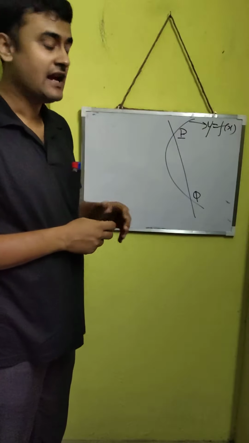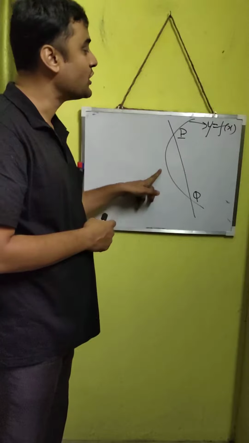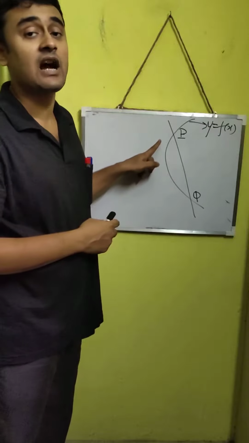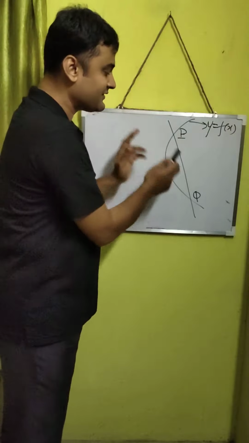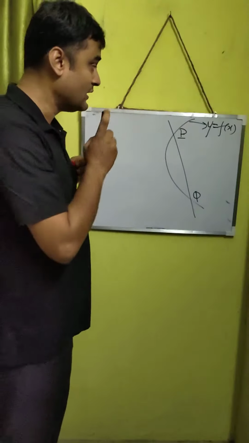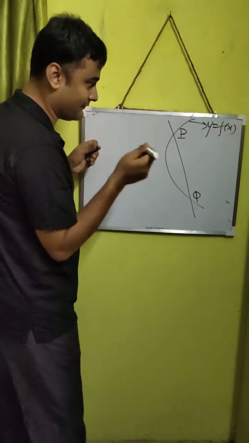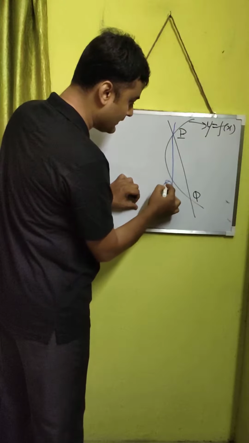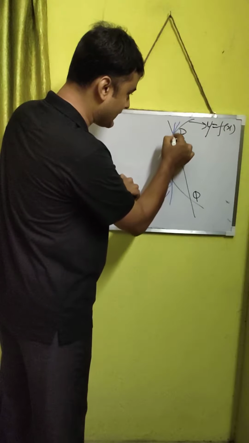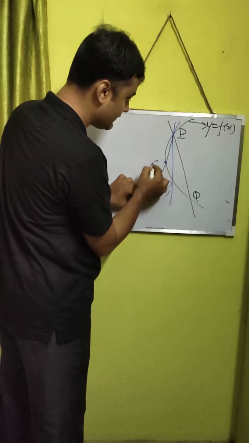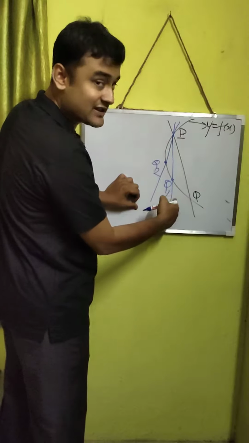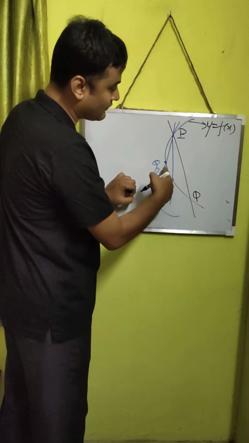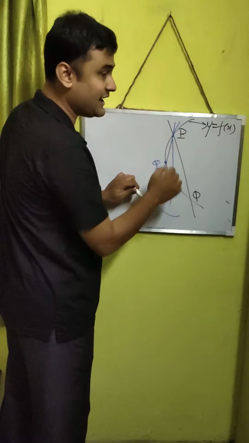Let us assume that this point P is fixed and this point Q is sliding towards P along this curve. Okay, this point P is fixed, this Q is sliding towards P along this curve. Now let us see what happens then. This point Q will come to this point at some position, say Q1, then again at some position it will come to this point, say Q2. Okay, so this Q is going towards P in this direction. Yes, so Q is sliding along the curve towards P. The point P is fixed.